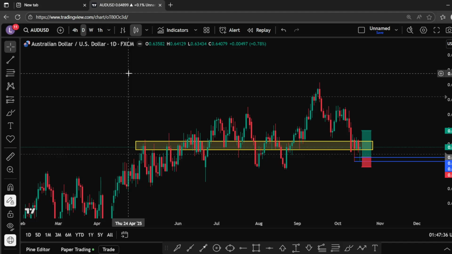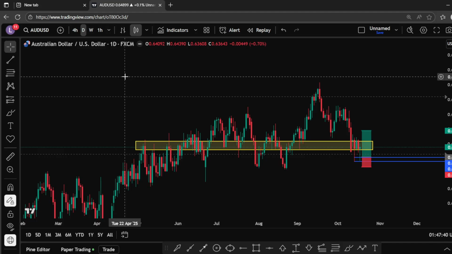Today I'm here to show you how I trade using supply and demand zones. So I do not trade supply and demand zones on their own because there are so many supply and demand zones on your charts. So what I do is I trade supply and demand zones together with my personal